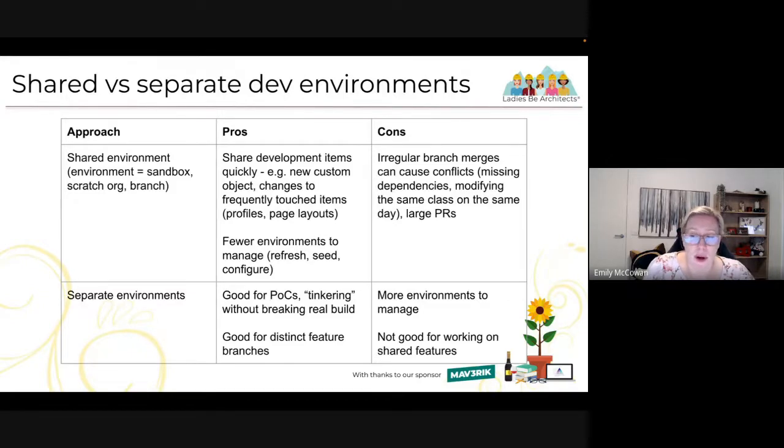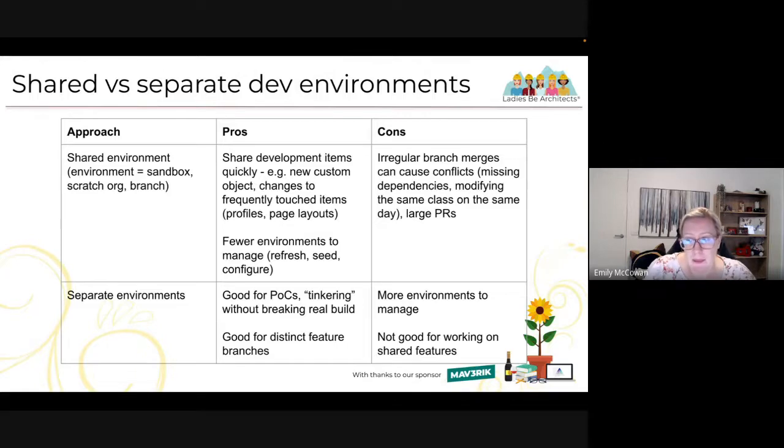It means you have fewer environments to manage as well. So you're refreshing any data seeding, any configuration of settings or underlying data that's needed to make an environment ready to build or test in. You don't have to do it as often. But